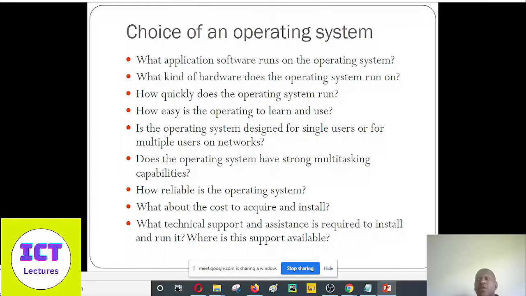How easy is it going? How fast or how easy is it for you to handle that particular operating system? Is it something that you must learn first how to use before you purchase and install? Do you know how to install that? And I think this is related to the last point within the slide. Do you have the right technical knowledge or technical assistance for you to be able to use this particular